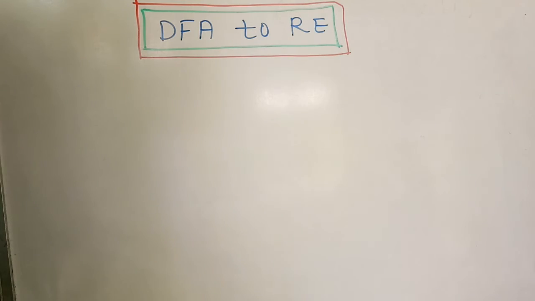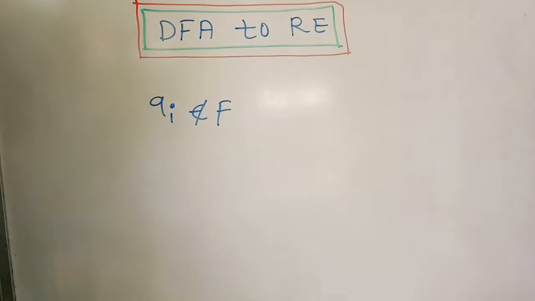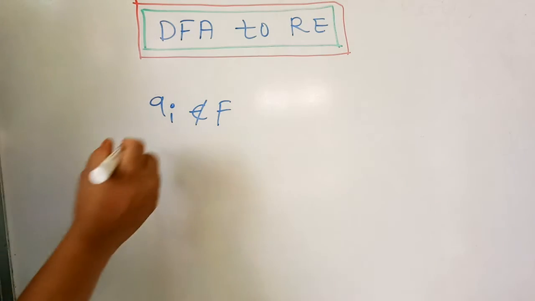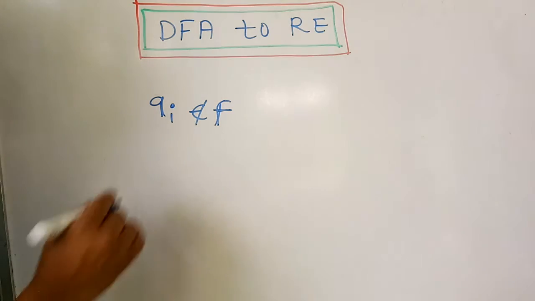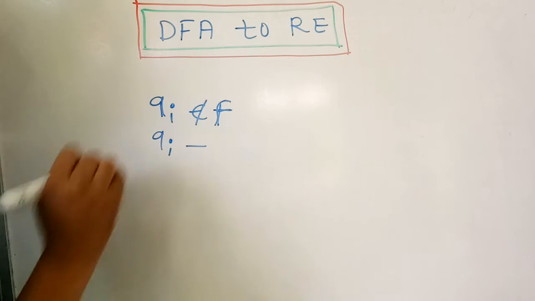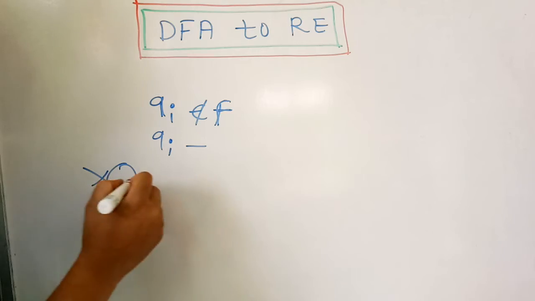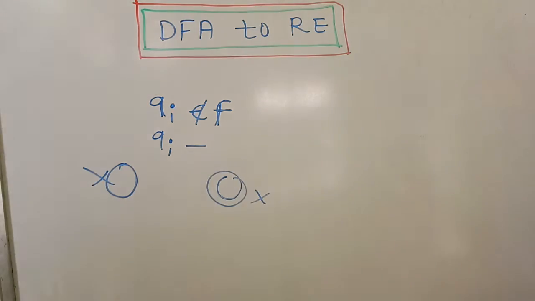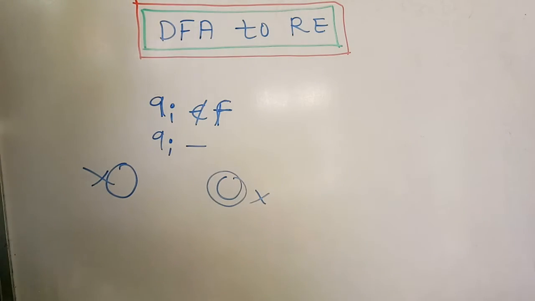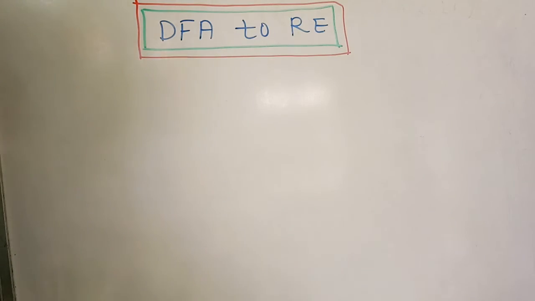see one statement: every state Qi that does not belong to the set of final states can be eliminated. Means every state which is not a part of a final state can be eliminated if Qi is not a start state. Means you can eliminate the middle states if it is not a start state and if it is not a final state. Eliminate means minimize it or totally remove it from your state. How will it be executed?